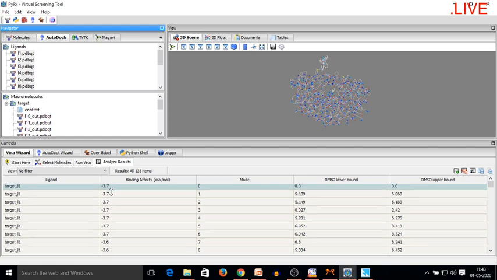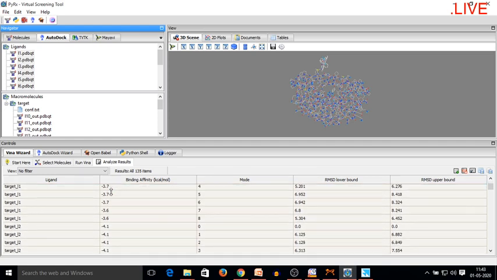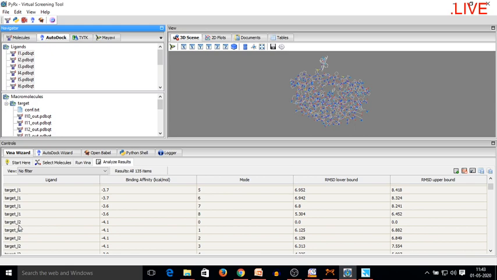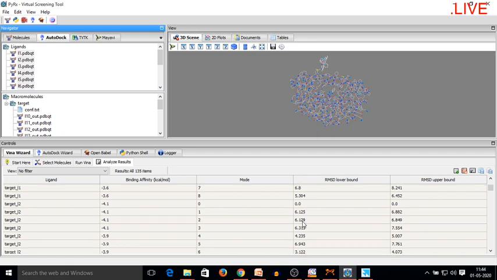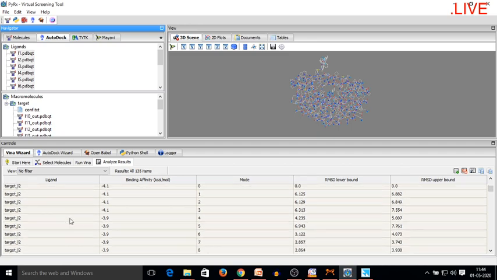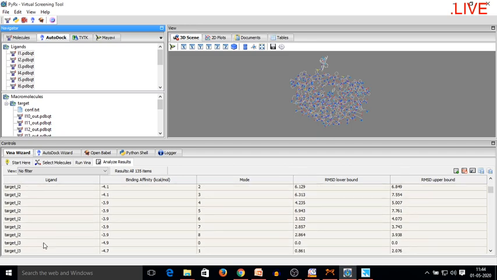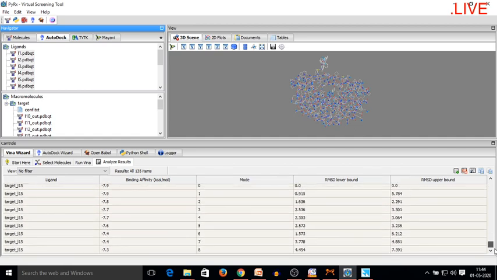Okay, so once you can see that L1 is finished, now target underscore L2 is showing the binding affinity of -4.1, and again the RMSD value is 0. And again it will contain 9 conformations of L2. Similarly, the complete data of L15 underscore target is available.